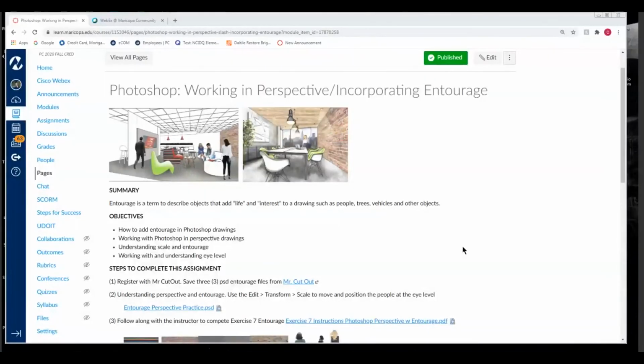So I'm just starting the recording for week 5. This will be our last session on Photoshop before we move into some more of the software in the Adobe Suite. And today we move from rendering in 2-dimension flat to consider perspective drawing. So these are the assignments that you see here that we'll be doing today. Oftentimes you don't have to add a lot of color to change a black and white